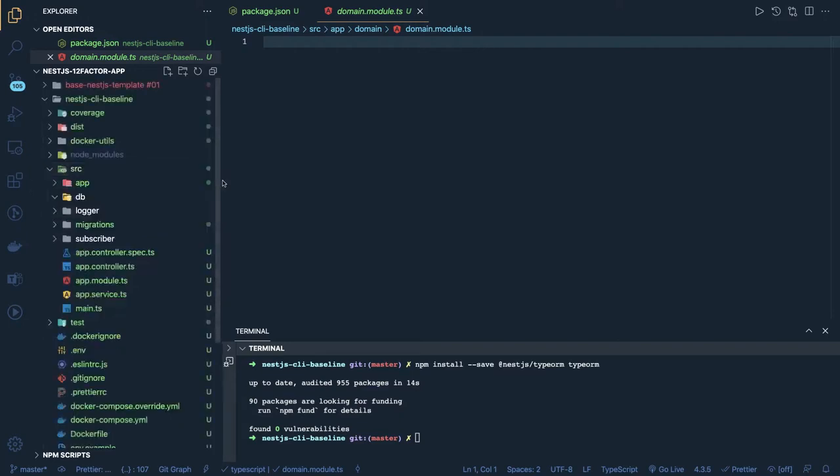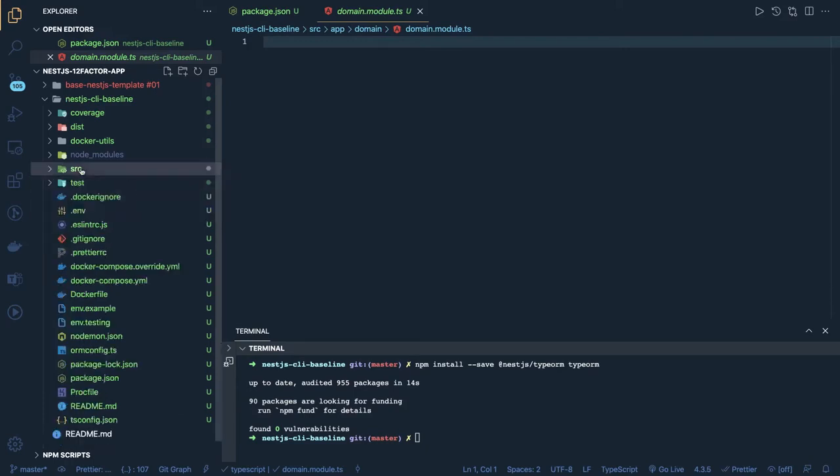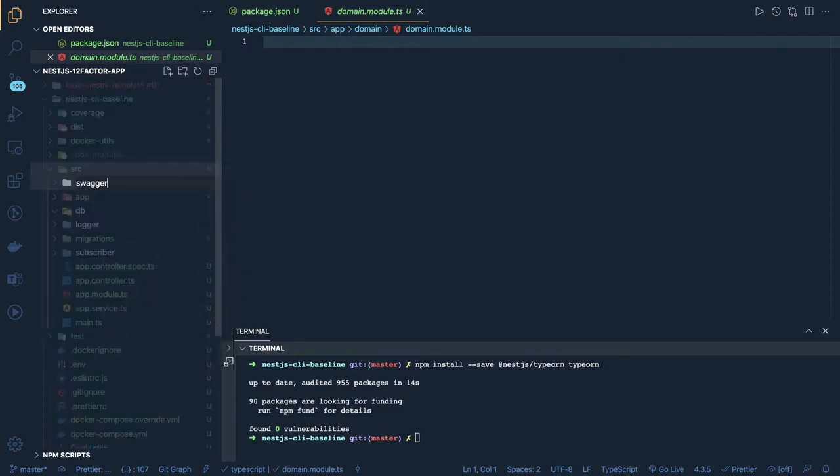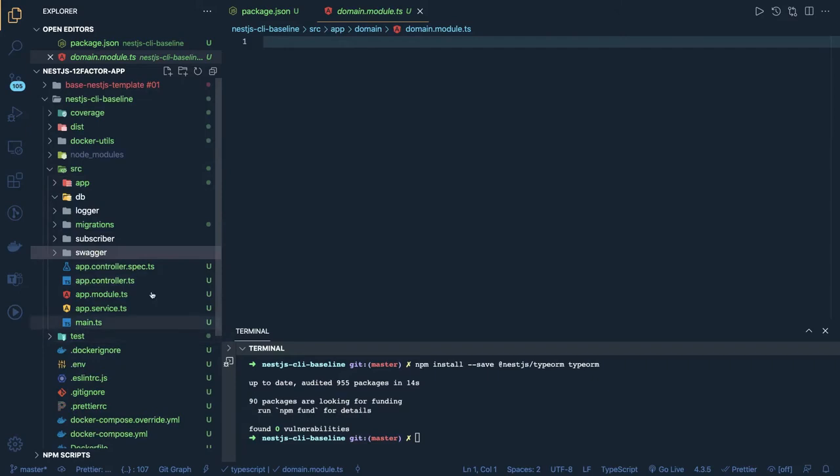So I think we already have a logger module and a database module. Okay, now in the next video, let's write the code, put in some controllers and services, and expose an API through Swagger, because NestJS gives support for Swagger. You don't need to do anything out of the box. You can just configure the Swagger stuff